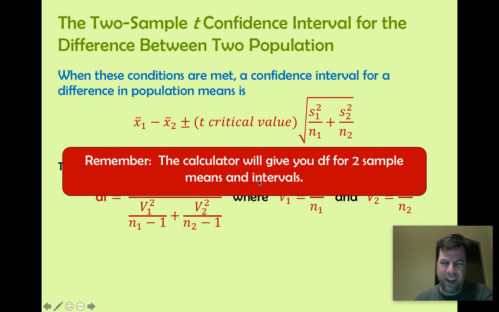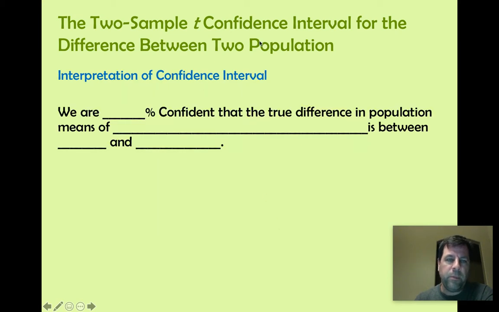Two sample means and intervals. I don't know why it shouldn't say "and intervals." Okay. Your conclusion? We are 95% confident that the true difference in population means